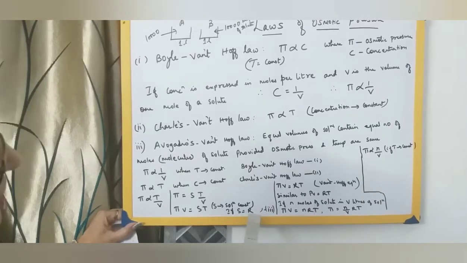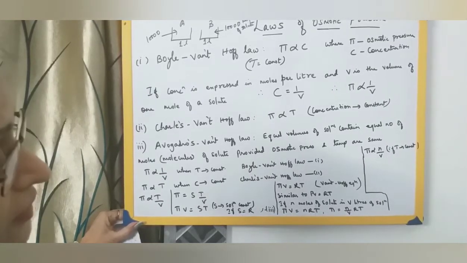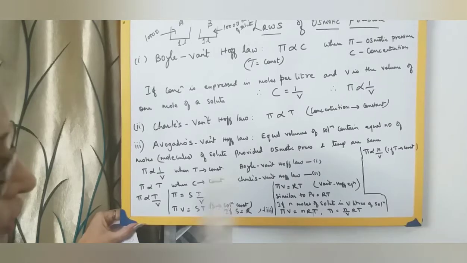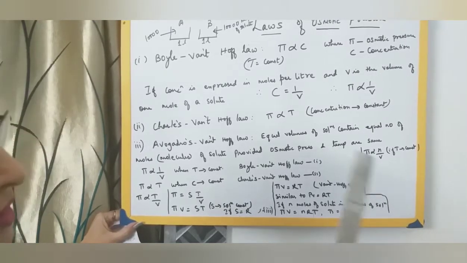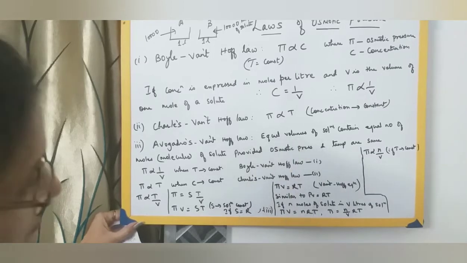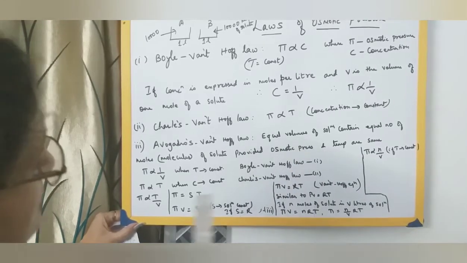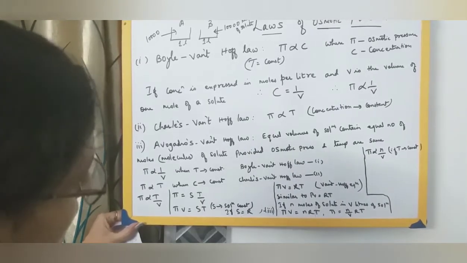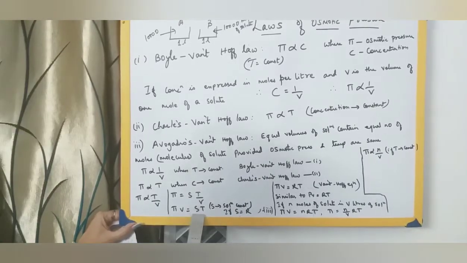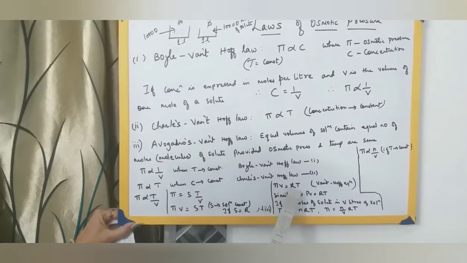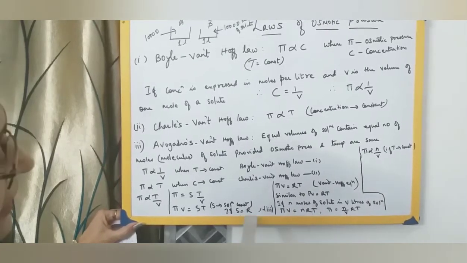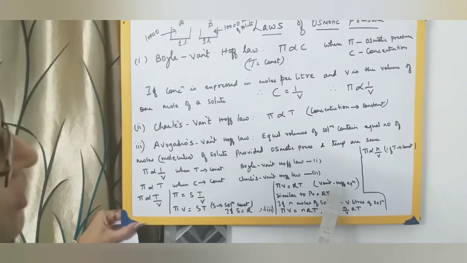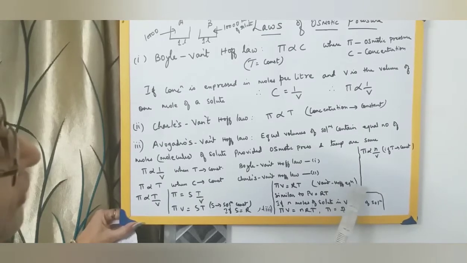Now why are we considering the gas constant? Because we are assuming that the particles of solute, or the molecules of solute, will exhibit the same behavior as gas molecules, or they will obey the same laws as the gas laws. So we can write this equation as πV is equal to RT. Instead of S, we write R, the gas constant. This equation we call the Van't Hoff equation.